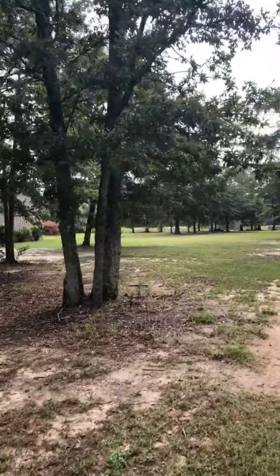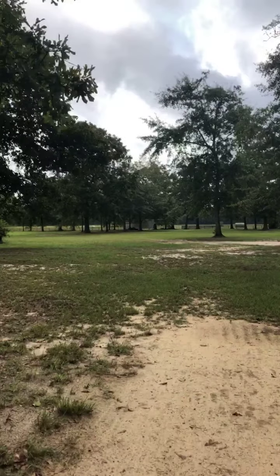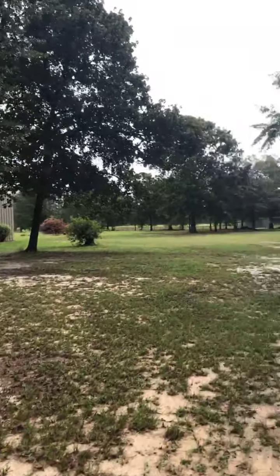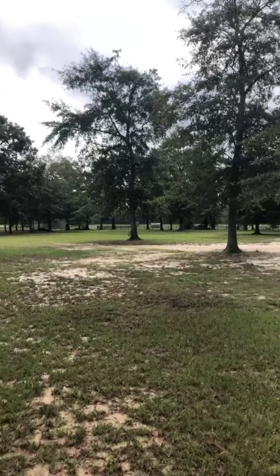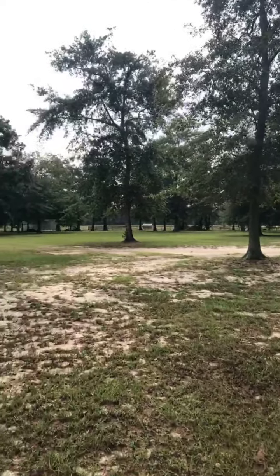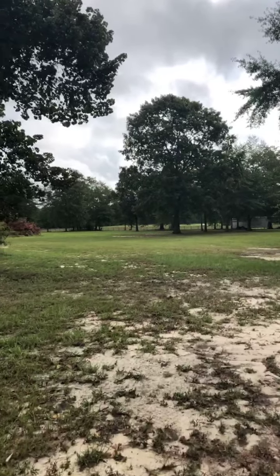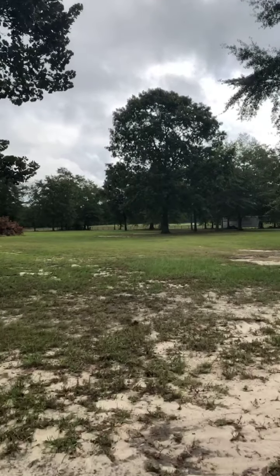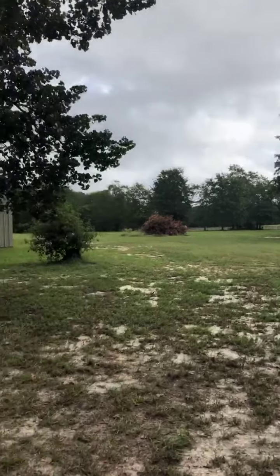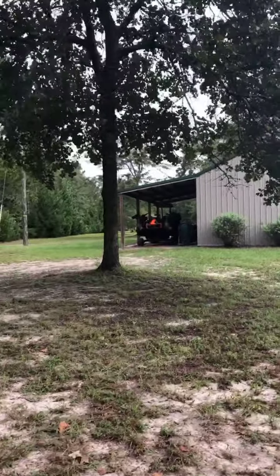And actually, for those that enjoy combined driving, this tree area, this grove here with the open space would be great to create some hazards for you to practice. Be perfect for that. It's nice and level and very inviting for all age of horses that need that good level ground. And then if you pan over to your left, you'll see that there's a 3-bay equipment building, and